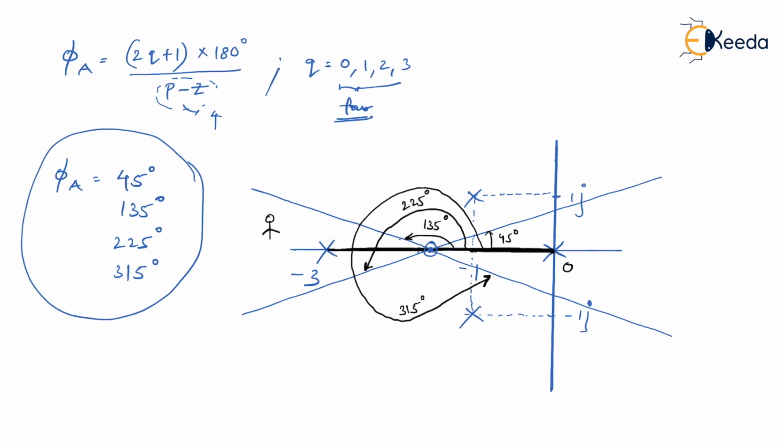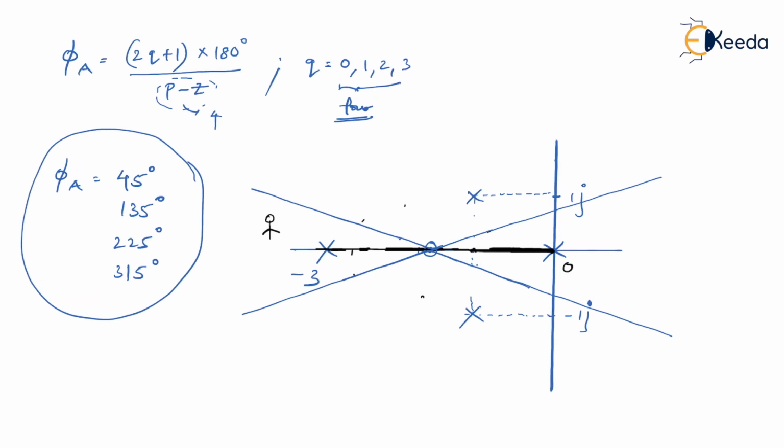So once you understood that, now these are the angles. These angles are basically guidelines. These are guidelines for what? For those branches of root locus who are going to approach infinity, because we know that these root locus cannot be drawn randomly. If root locus branches are going towards infinity, then definitely they should be guided well. And who guides them? Obviously asymptotes guide them. Therefore we have got these 4 angles. Let me now rough them so I can draw the rest of the root locus in a proper way.